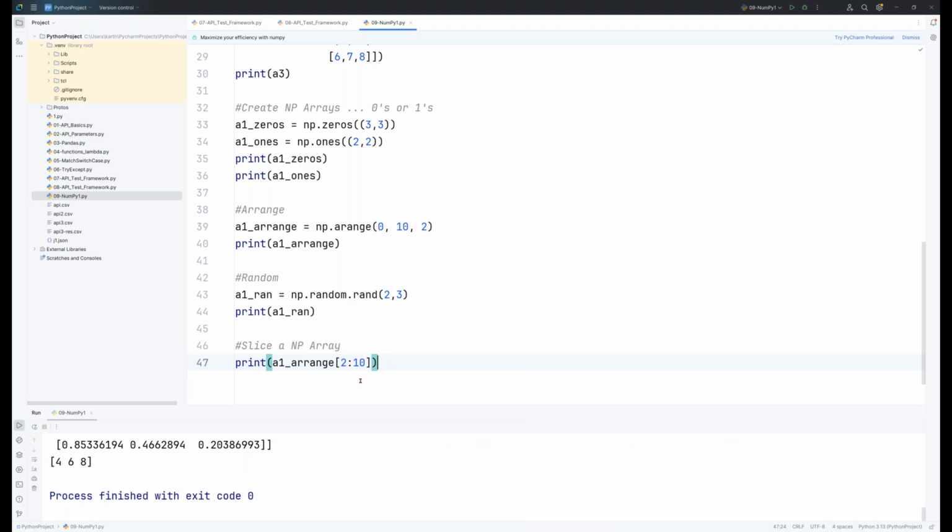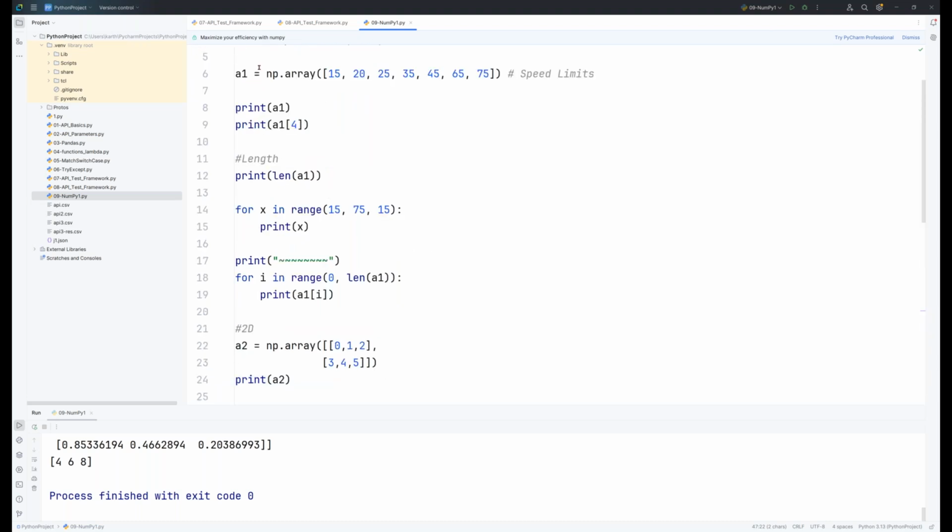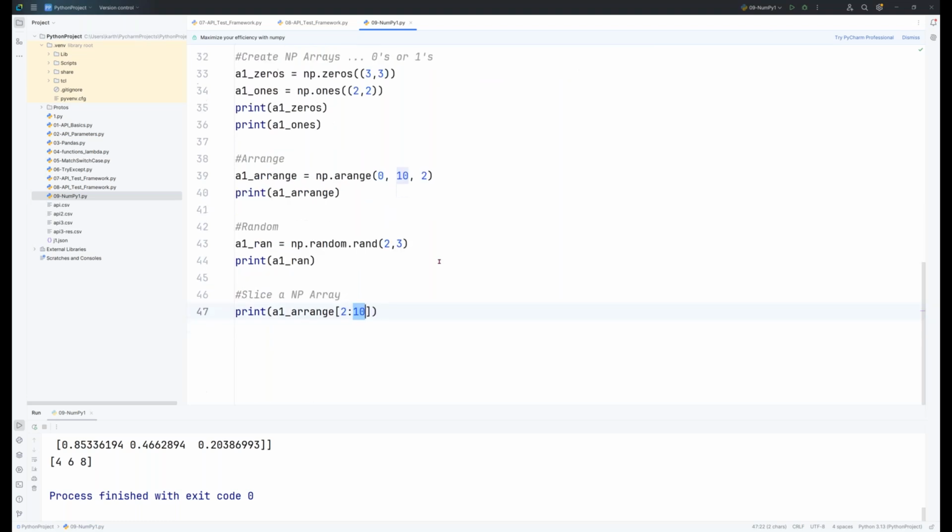items, but then it will still take the third item. 2 is the third item, and then go all the way till it can hit the end of it. So you're slicing the array and you're basically saying, I want a subset of it. For example, if I do the same for A1, of A1 underscore arange,